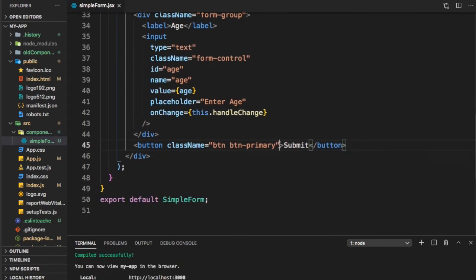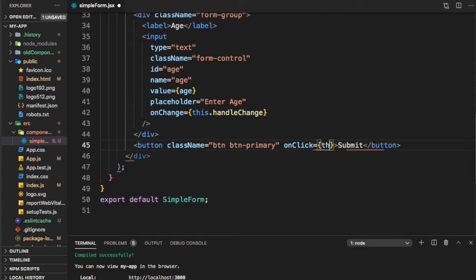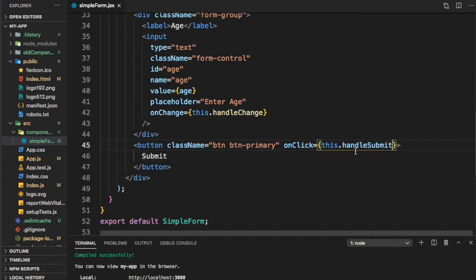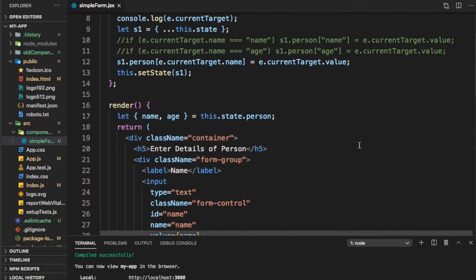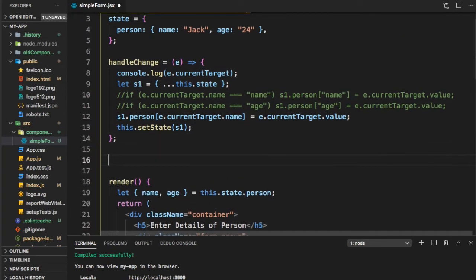And in the button we can just say onClick is equal to this.handleSubmit. Now we need to define this function handleSubmit. handleSubmit is equal to, this also gets an event.